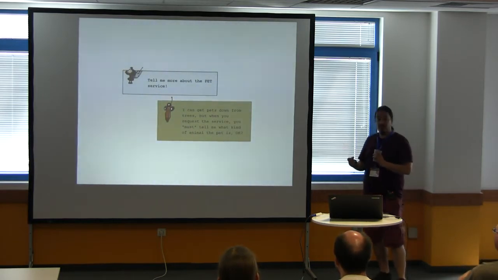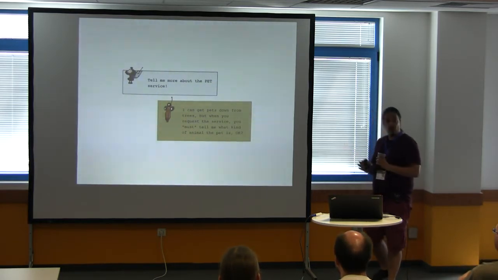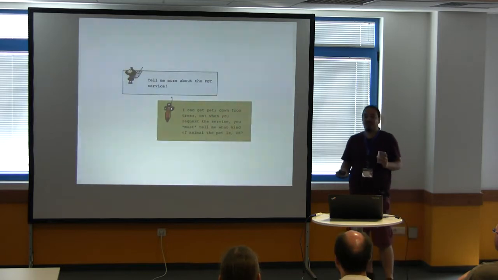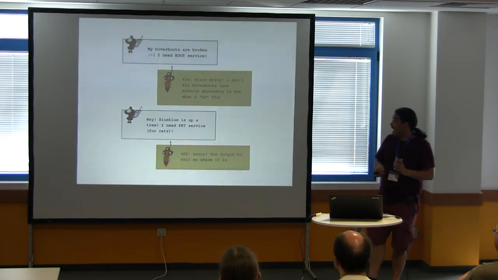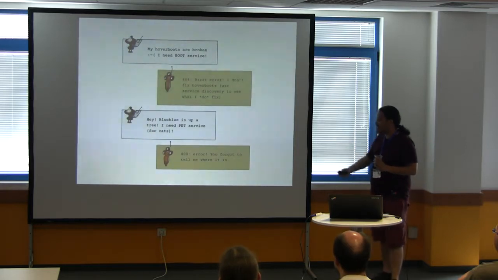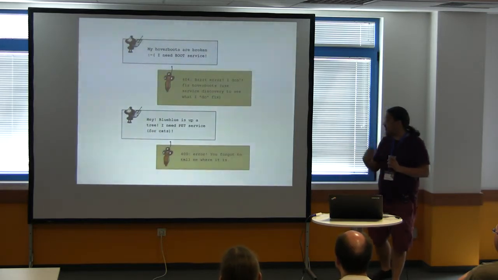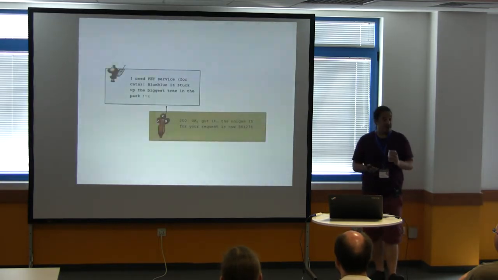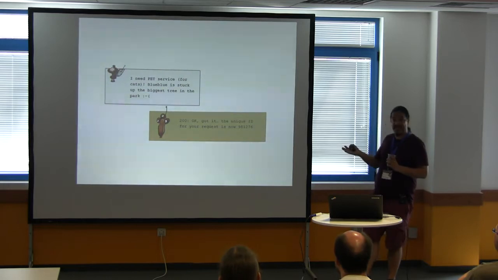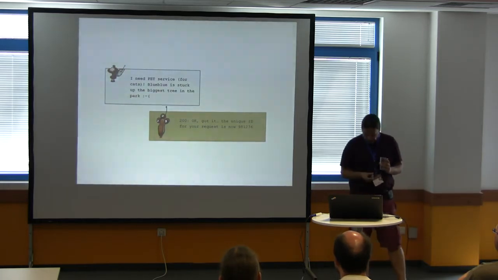So if you want to get a pet from a tree, you've got to tell it what kind of animal you're getting from a tree. Otherwise, the service can't usefully do anything with that information. And so obviously, there are different errors if you pass the wrong information in. So data validation, really important. But if you do give the right information, you'll eventually get back an ID number.